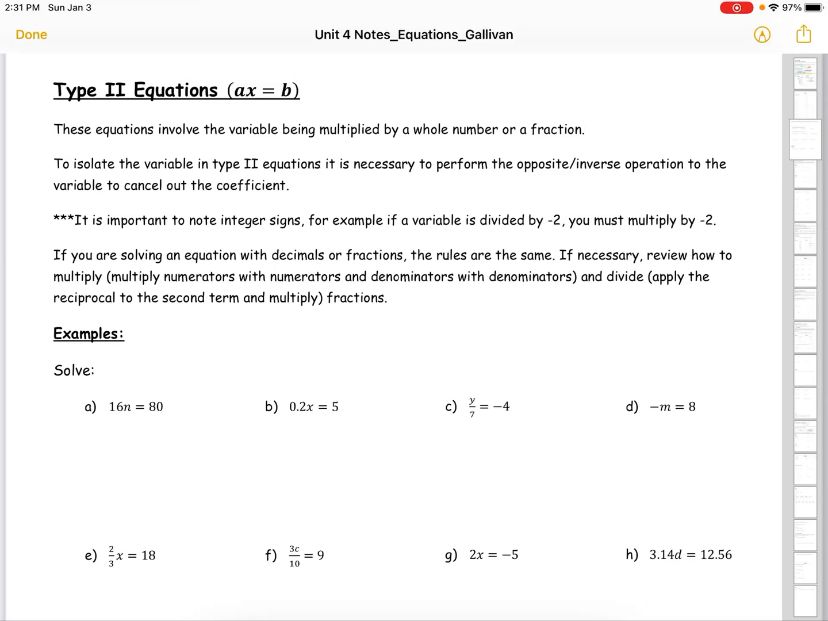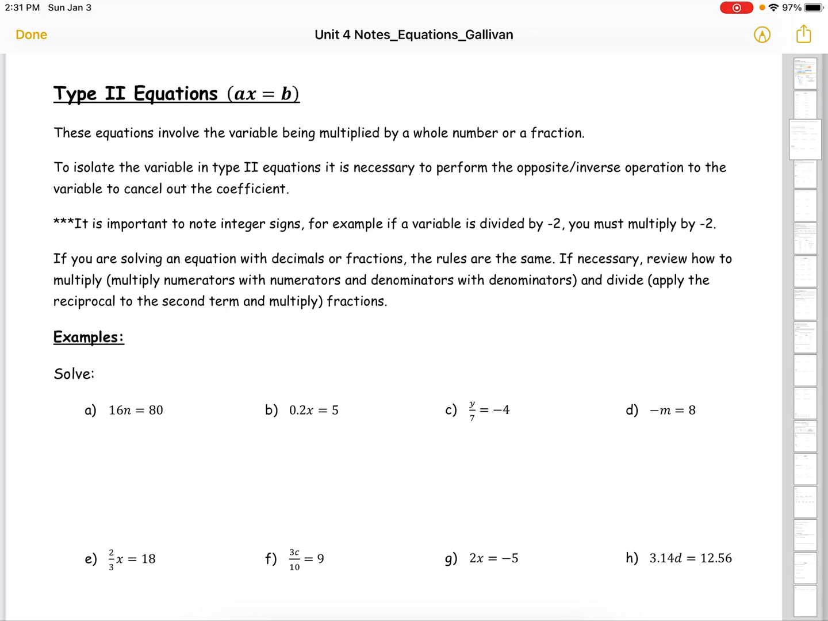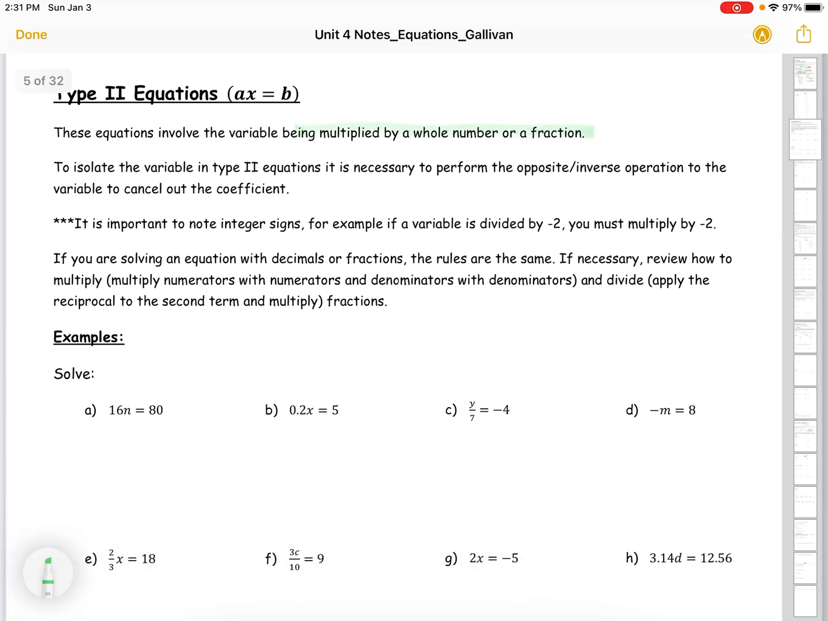All right, so we're looking at type 2 equations, ax equals b. Now here what we have is a variable that is being multiplied by a whole number or fraction. So we see that we've got a times x. To isolate the variable in type 2 equations, you have to perform the opposite, inverse operation to cancel out the